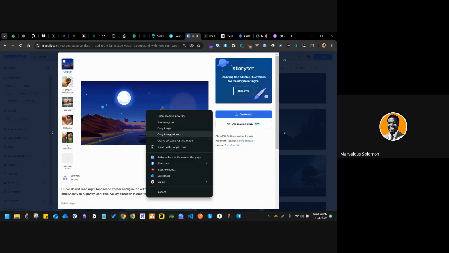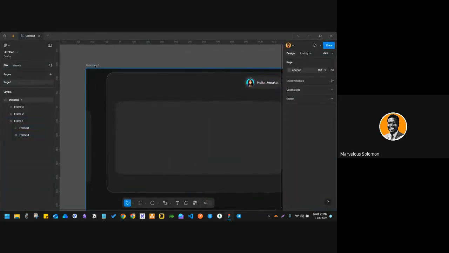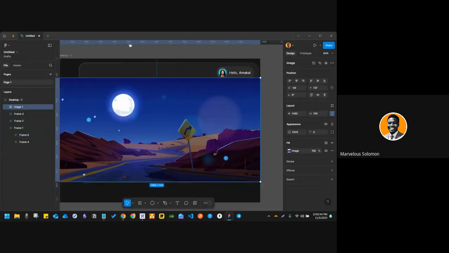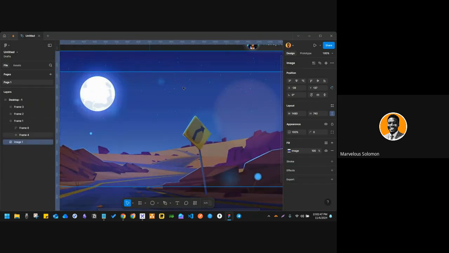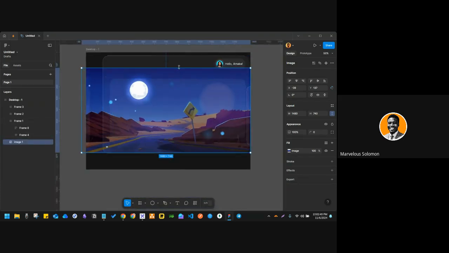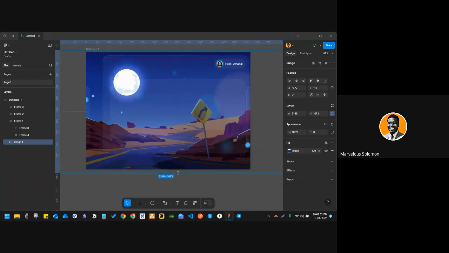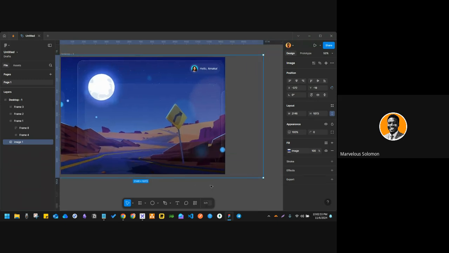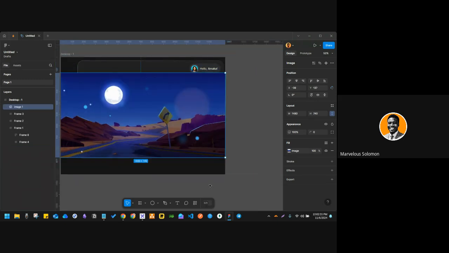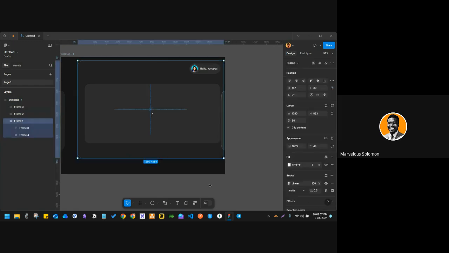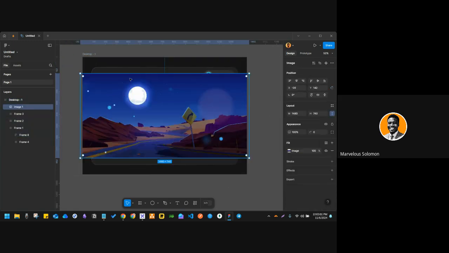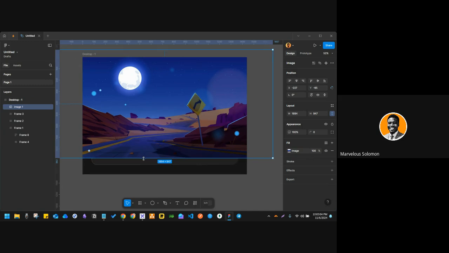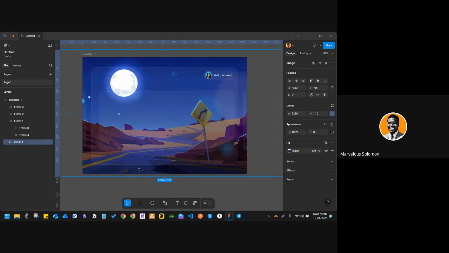So let's go with something like this. We're going to paste that in here, send it to the back, send it to the back. Okay. Now we have that sitting behind there. So let's expand this. Right. I think there's a bit of movement somewhere. So Control Z first. My mouse is messing up these days. Keeps pushing everything everywhere. So let's increase this again. All right. So that's our dark theme. We just have to include